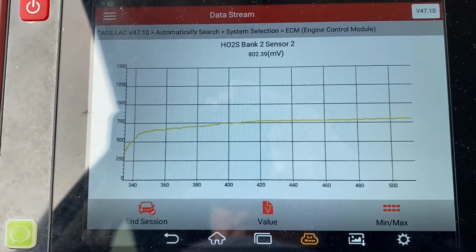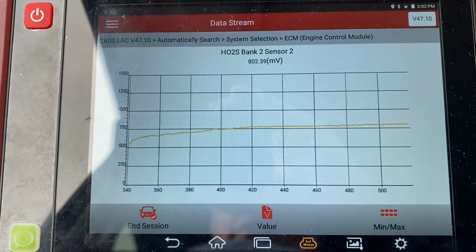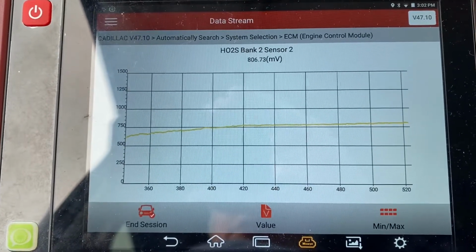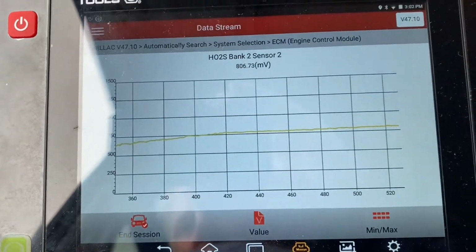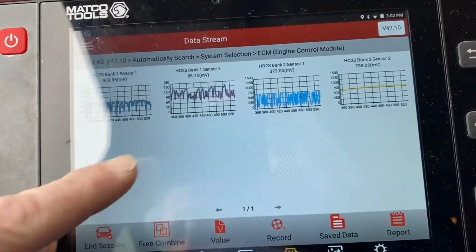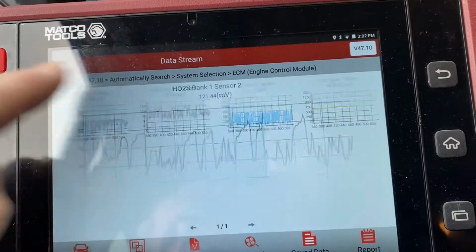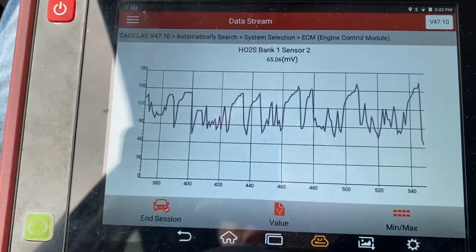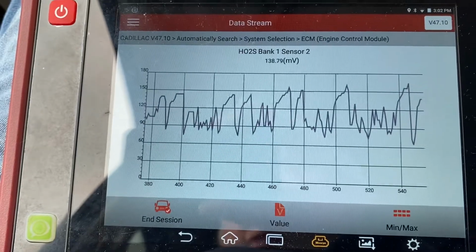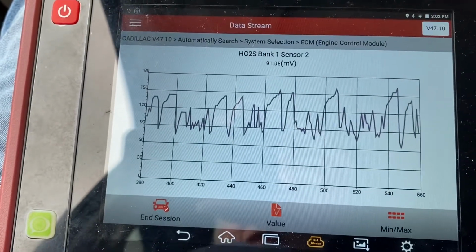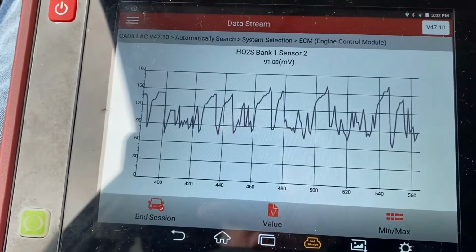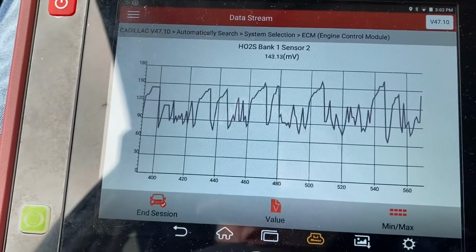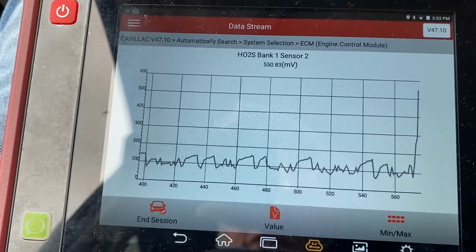Okay, so that's the other converter on the cylinder number 2 side of the engine. So the other one's kind of like cooling down. Once it cools down, when I'm idling, it's going to start getting active again. So when I accelerate and hold it steady, once we heat that converter up,